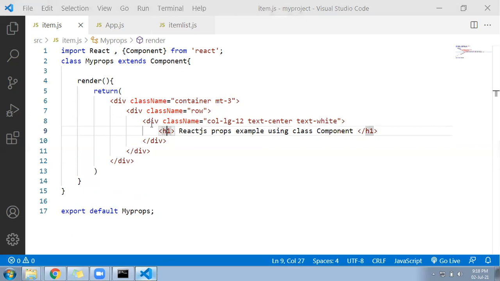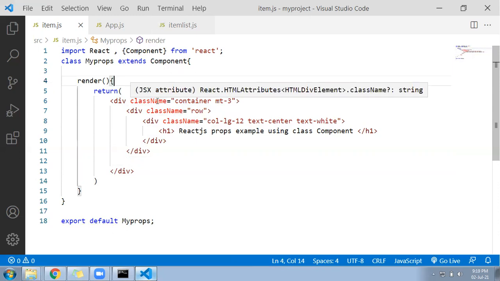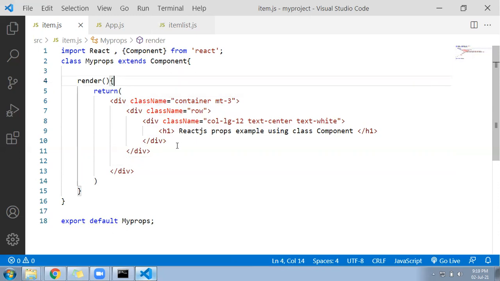So first we need to understand what is that props? What is that property? Props is nothing but, you can say, a property. Look at here. I have created a division, and for that I wrote a class. Class name is called container. So container is our own class, or it may come from Bootstrap, wherever it is coming, leave that. Coming down, there is a class called row. When I move my mouse here, it's saying JSX attribute. So you can say attribute is nothing but the property. For this division, there is a property called class name, and for that there is a value called container.